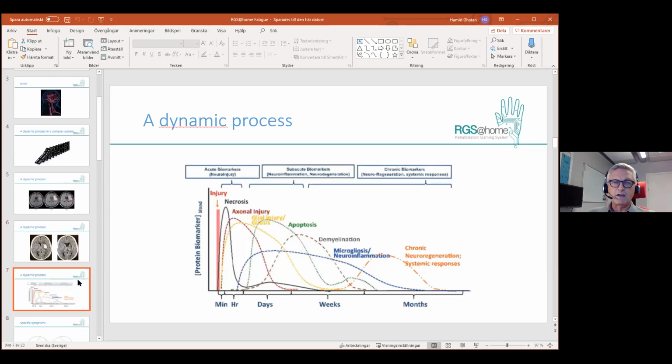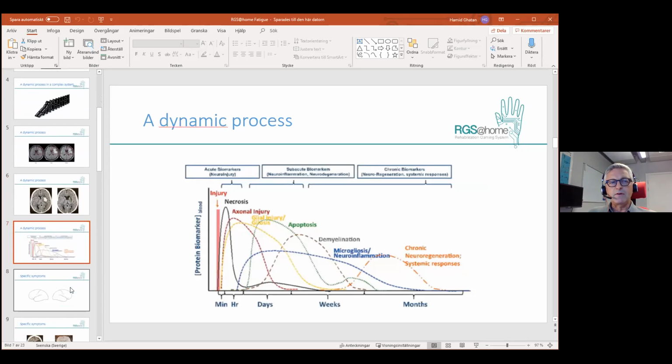So it's a very dynamic process, and I think this image pinpoints the importance for us in a rehabilitation setting. When should we start interacting with the patient, with what intensity should we do it, and what should be the duration of the stimulation of the system to optimize recovery? In rehabilitation,